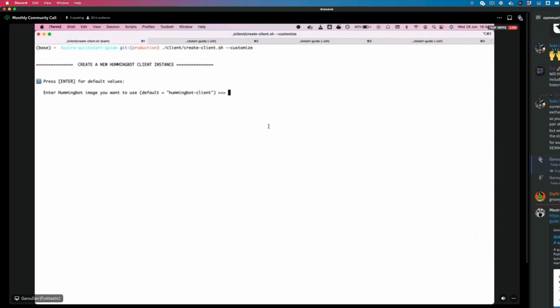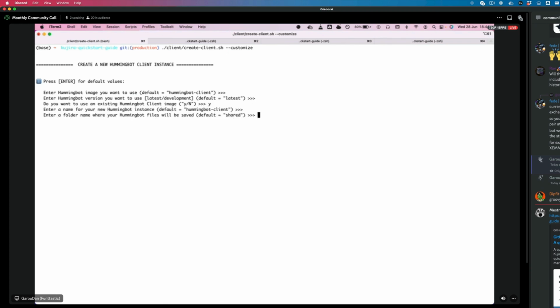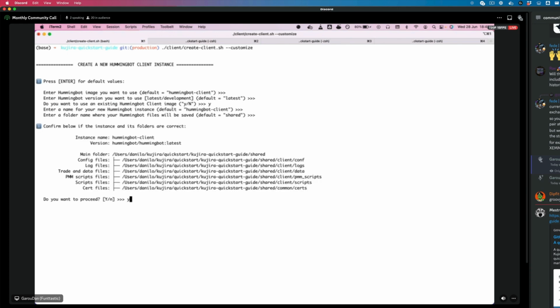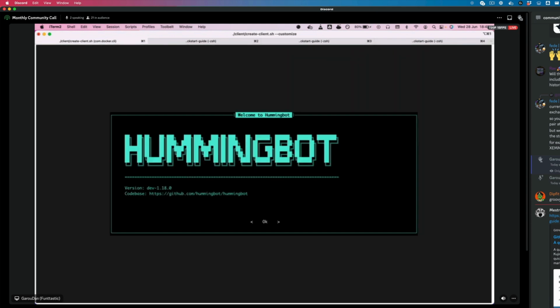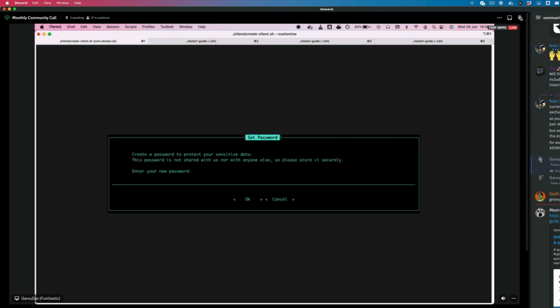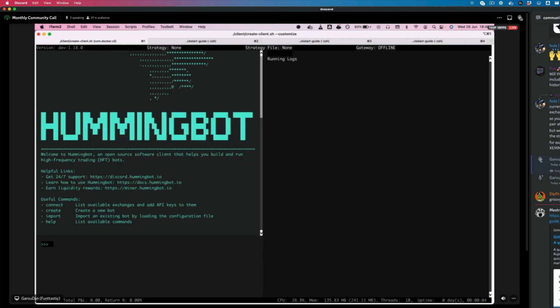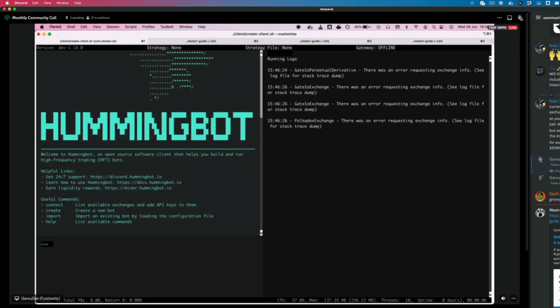This is the image that I would like to use. Which Hummingbot version? I would like to use the latest one. By default, we are using the shared folder. Do you want to proceed? Okay, so in a few seconds, we might see the screen. Yeah, there it is. We then create a password. Now we are inside the client, but our gateway is still offline,